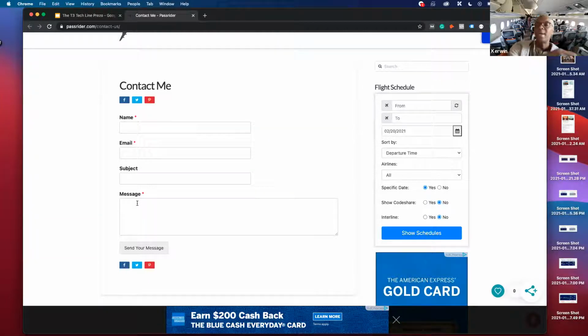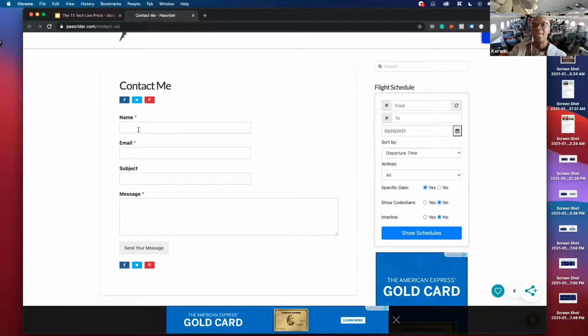What's going on in the back end of this is that the software is picking up all this information and it's going to email it to you, and then you see it in your mailbox. And then you really need to respond to people when they send you an email. You will get spam because it's just out there, but you do have to go through it and weed those out.